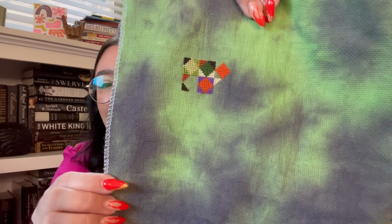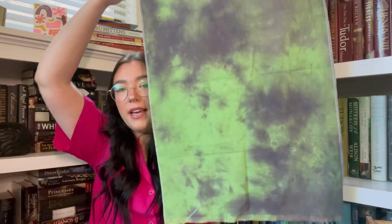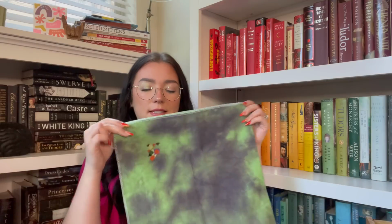I love the way the stitches look, don't get me wrong, it looks fabulous, and they look so good 2/2 on this Monster Mash, but I had a huge cut of it because I wanted to be able to pick the places where I put my squares, because I was going to stitch individual squares, but I don't honestly know if I love this kind of stitching style where it's just the little triangles and squares. I don't know if I love it. And also I think it would have looked better if I chose maybe a 14 count, just plain white Aida. I know that's really boring, but I just think that the colors would have actually popped more,